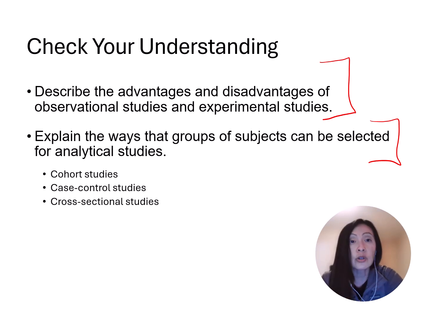The first were cohort studies. So in cohort studies, we follow individuals who share some kind of common characteristic or exposure. For example, smokers or non-smokers. And this can be a prospective study where we follow them forward in time, or retrospective where we're using past